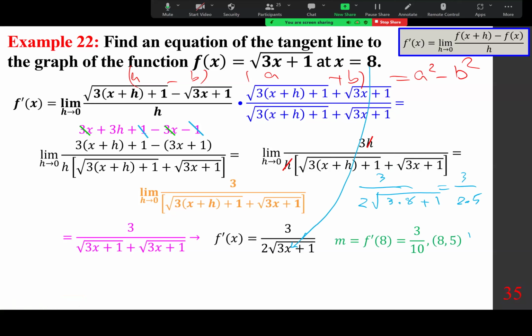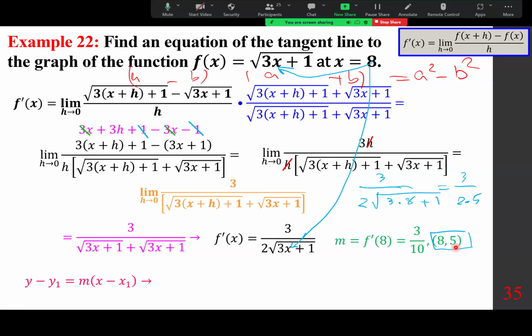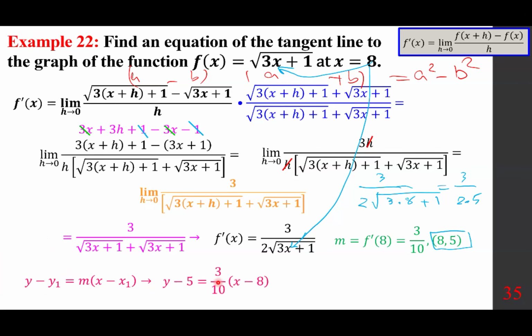What about 8 and 5? Plug in 8 here, and that gives you 3 times 8, 24 plus 1, 25. The square root is 5. Okay. And so y minus y1 equals m times x minus x1. So y minus 5 equals m, 3 over 10, x minus 8. Very straightforward, class, okay? You don't have to memorize the formula for the tangent line, but rather just the point slope. And this is 3 over 10 times x